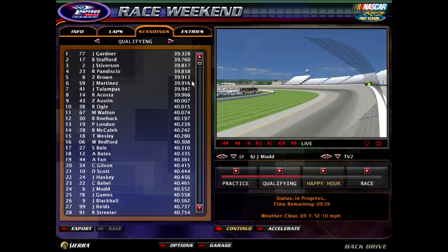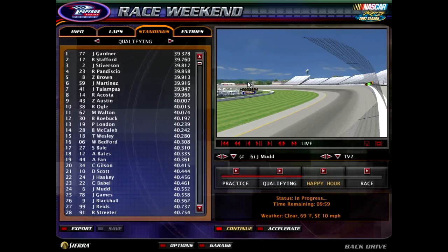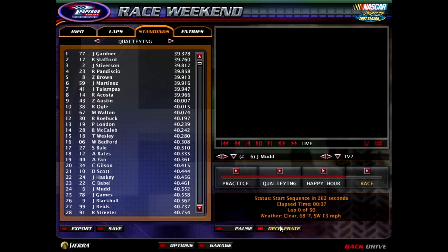The 77 of Gardner, followed by the 17, the 2, the 23, and the 8 of Zach Brown will round out your top 5. Let's get to the race, and I'll kind of run down what we should be expecting